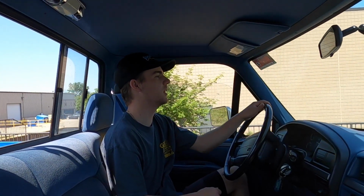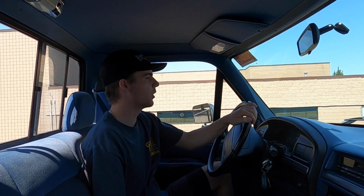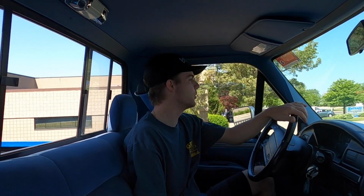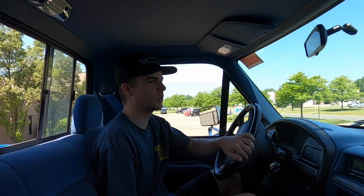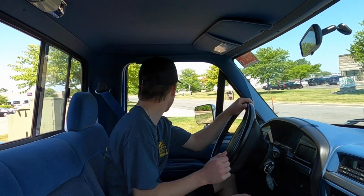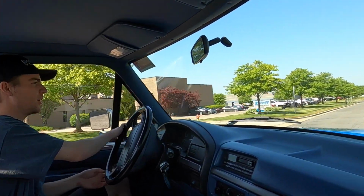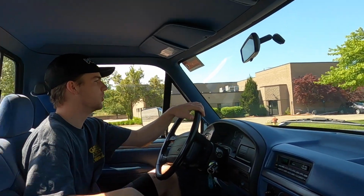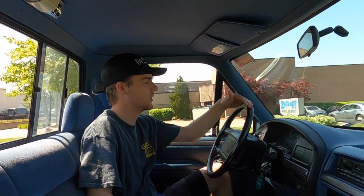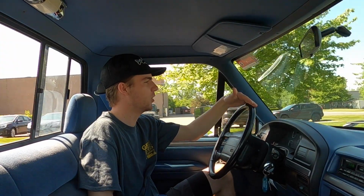GR Auto Gallery, and I have the pleasure of bringing you guys this 1994 Ford F150, fully restored. It's a beautiful truck. In my mind, this is the one to restore. It is the single cab, short bed, F150 4x4 with the 302, the famous Ford 302. We're just gonna take it for a quick test drive here, see how she goes down the road, run, stops,